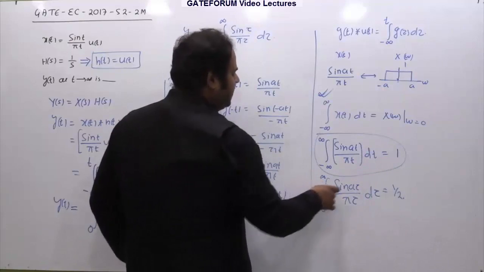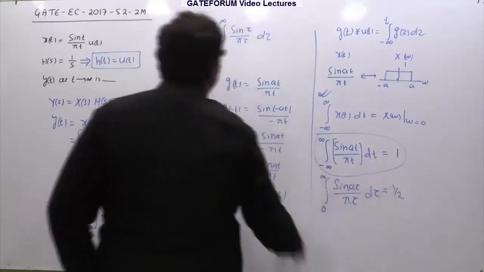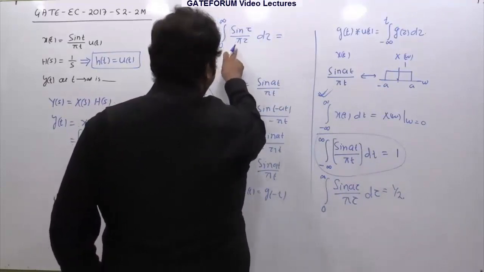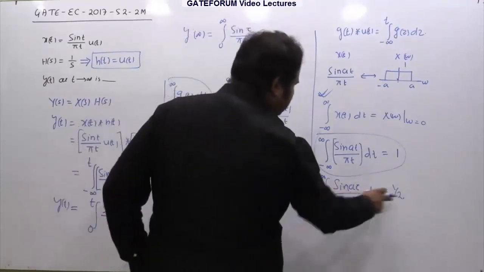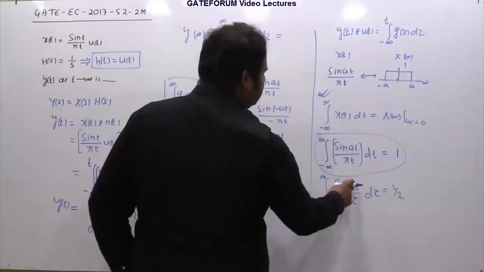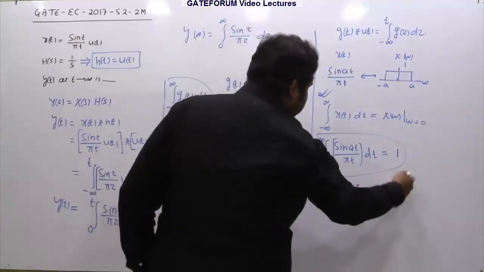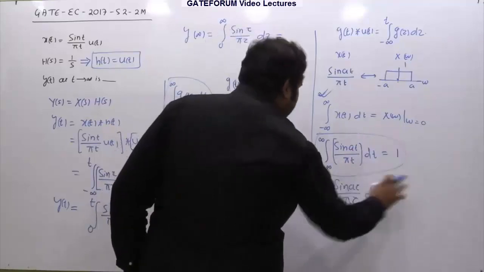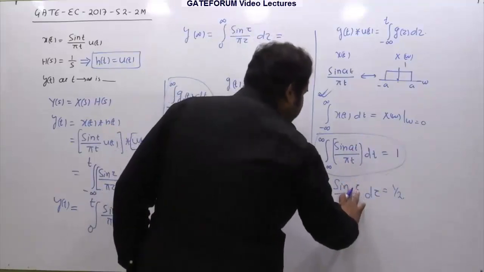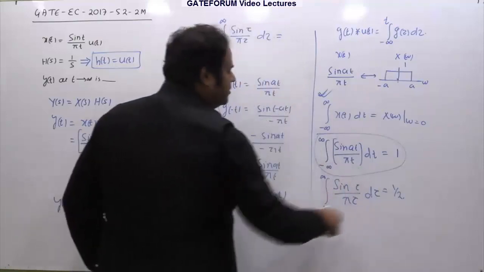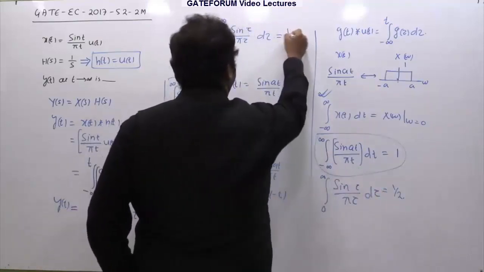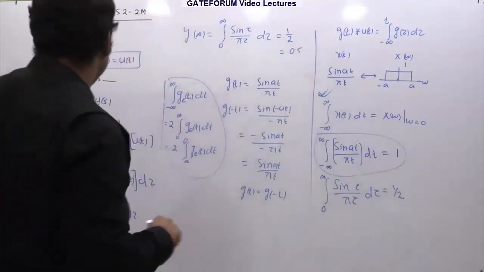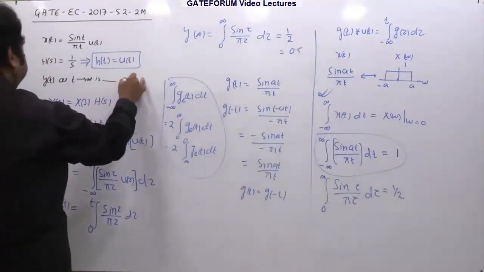So the integral from 0 to infinity of sin(a tau)/(pi tau) d tau is half, and this is what we were actually expecting, right? Here, if you see, there is no effect of the factor a. Even if you take a equal to 1, this result is independent of a. Even if you take a equal to 1, 2, 3, 4, whatever, it will still be half only. So this answer is nothing but your half, which is equal to 0.5.